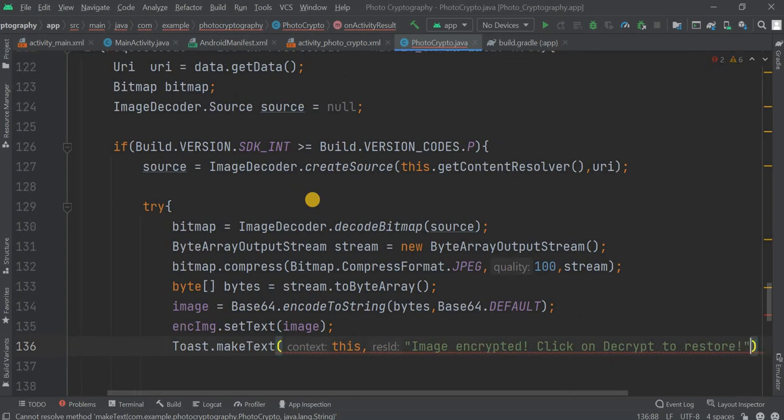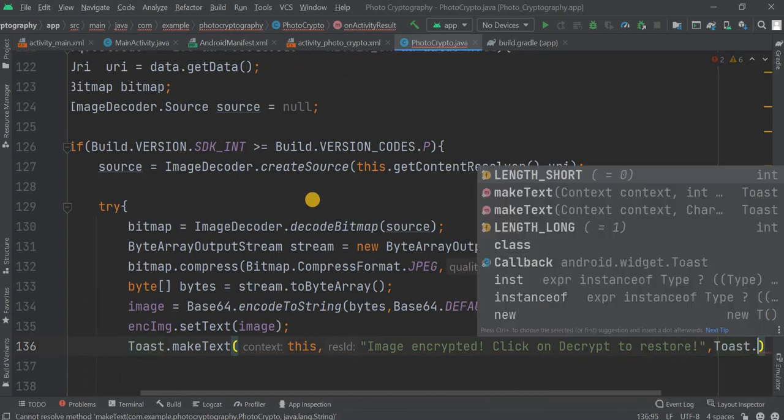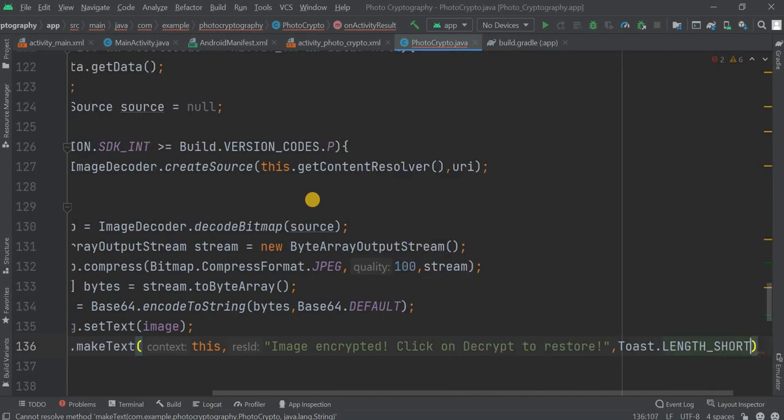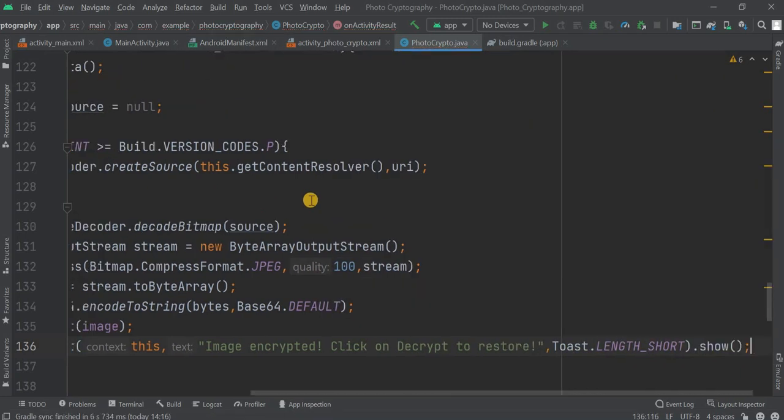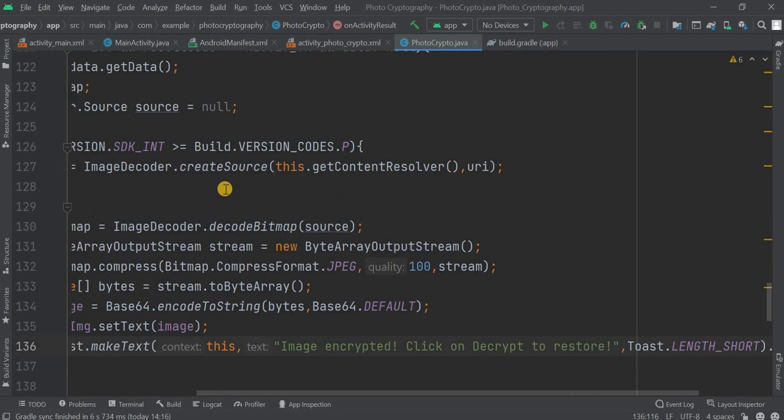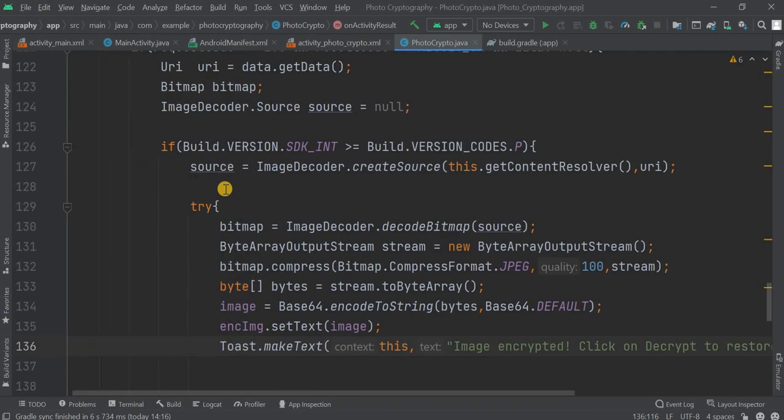Okay, so then we have to also give that. Click on decrypt to restore, and for a short time, so length short, then we have to show it. Perfectly fine, no issues, very smoothly we have done our part. Now this one is complete, this one is complete, everything is complete, only the clipboard manager is left out,